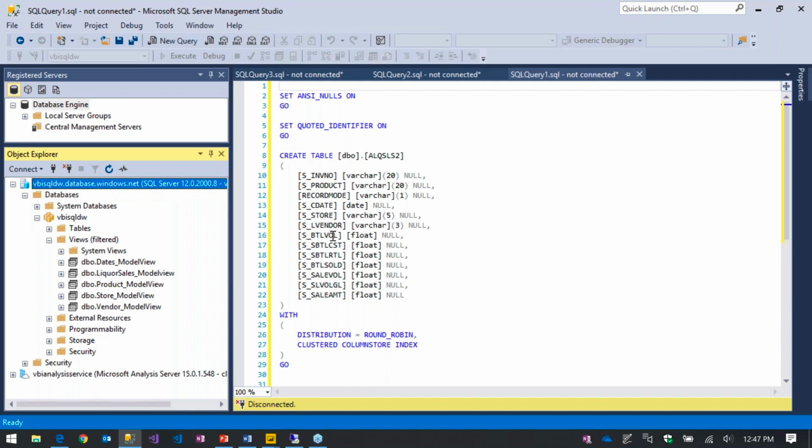When I'm in that and I'm creating my tables, it's created basically the same way, but an important distinction down here towards the bottom is this distribution method. This is where I said we could help define how the massively parallel processing engine works on those 60 computation nodes. Round robin is the default. That means it evenly distributes the load of this table across those 60 work nodes. So it's a great place to start.